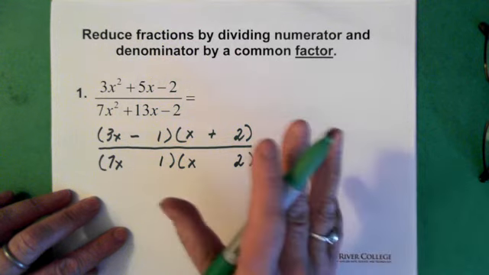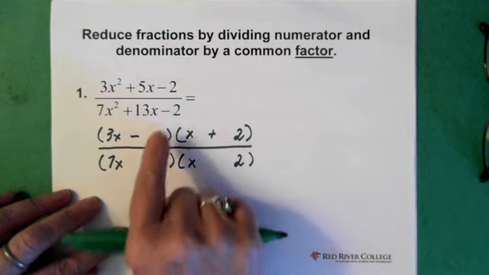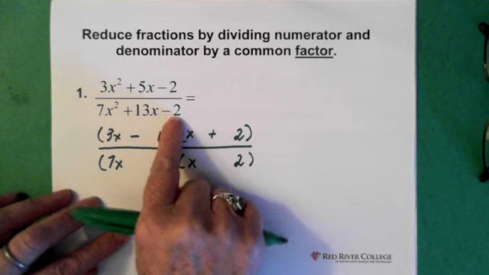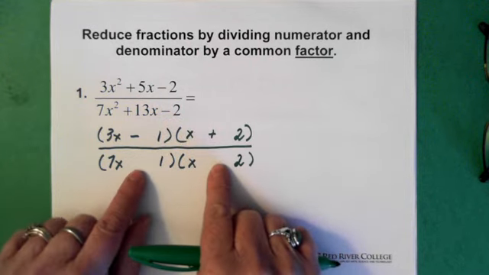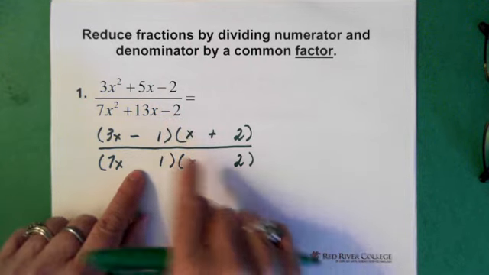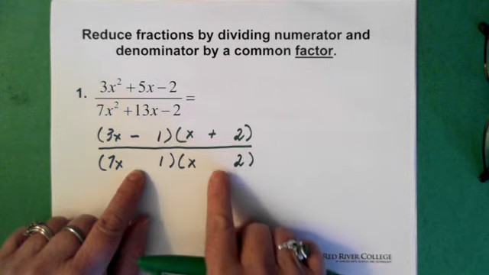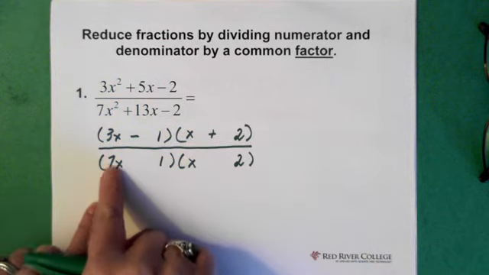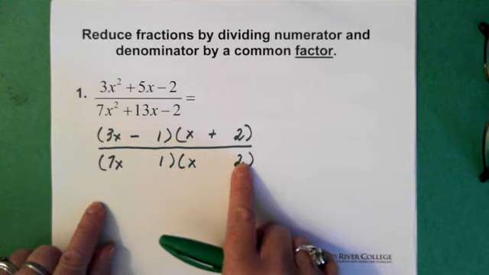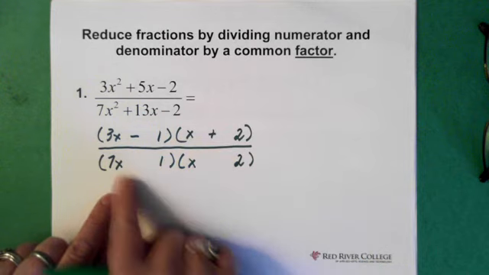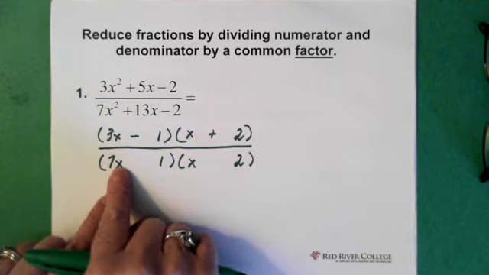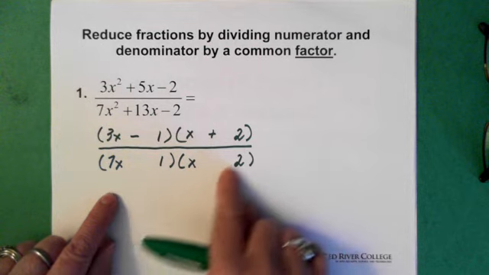Now we have to decide about the signs. Negative in front of the 2, so these two signs are different, but a positive 13. So 7 times x here,